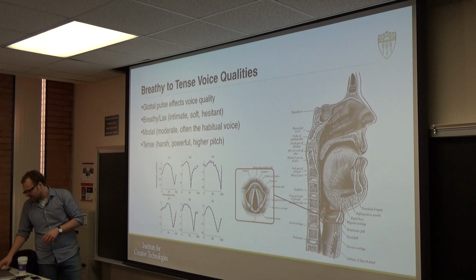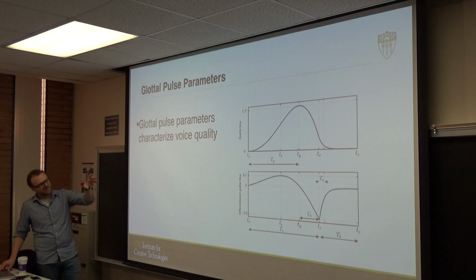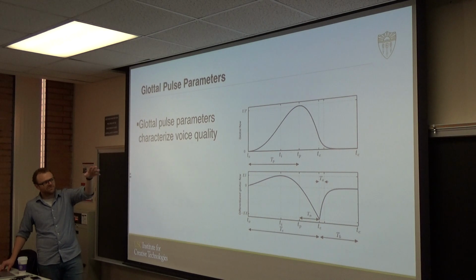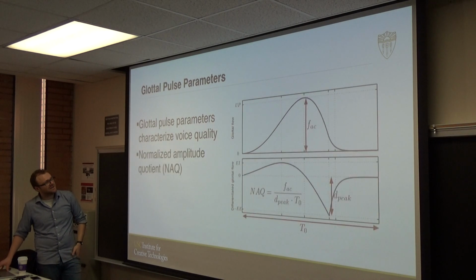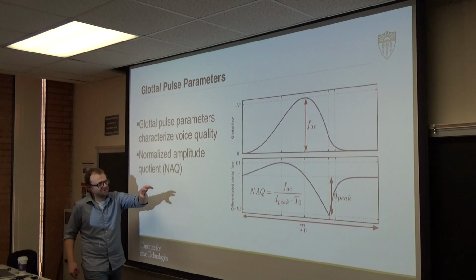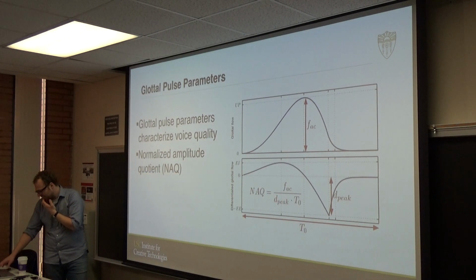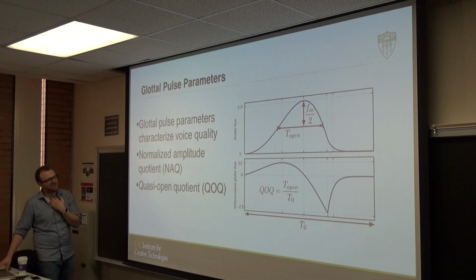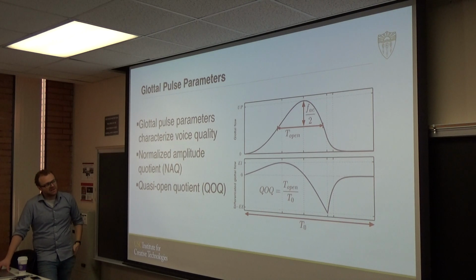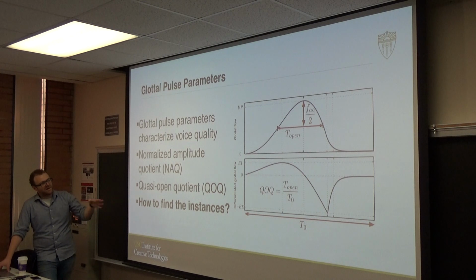And so what we try to do here is understand what these parameters are that create these shapes. We are interested in the relationships between certain amplitudes on these graphs, and they're really, really difficult to extract, but these are what reflect voice quality differences in our data. So we need to come up with ways to investigate those, and we need to find those instances.